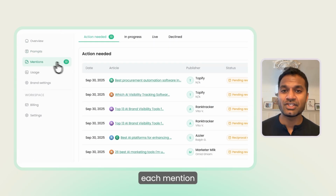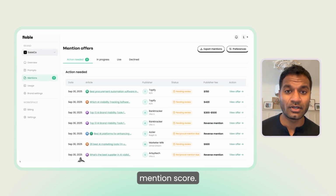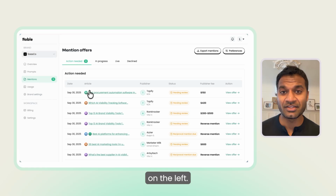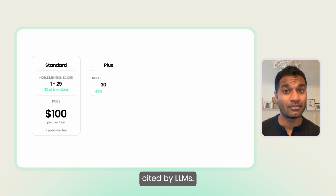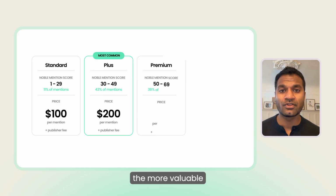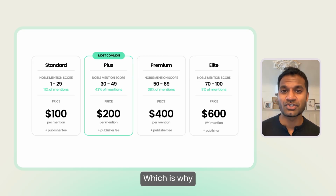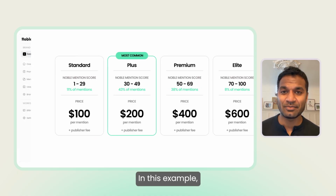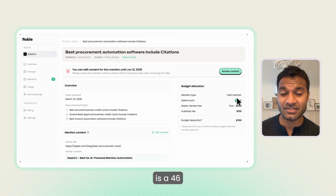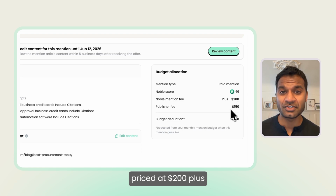As you can see, each mention comes with a Noble mention score, noted by the color of the badges on the left. The score for each mention is calculated from looking at the domain authority and how often the page is cited by LLMs. The higher the score, the more valuable the placement, which is why the score sets the price of each mention. In this example, the mention score is a 46, so it's priced at $200 plus the